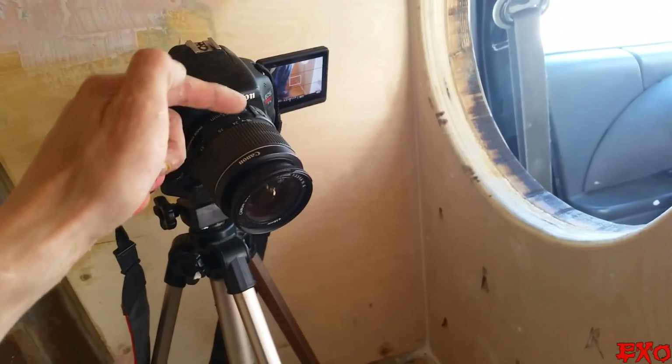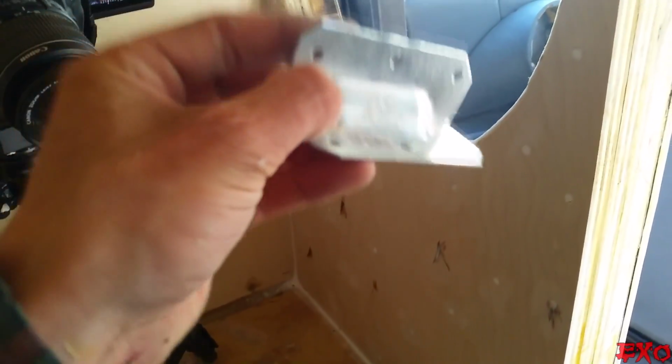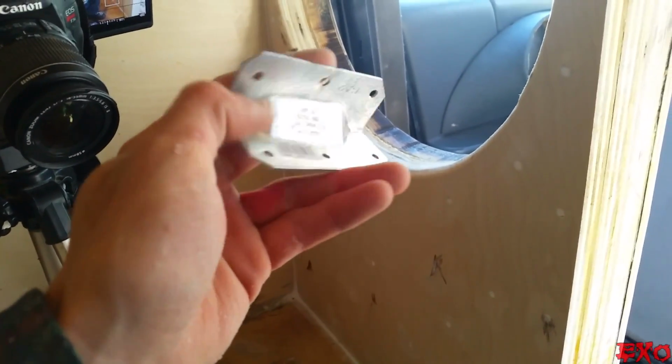Let's go ahead and try to do a little rebate here. Set the camera up. Let's take it nice and slow and attach our little brackets. We have the 1/2 inch gussets or 3/4 inch gussets for extra strength instead of just the flat elbow. 4 on the bottom on each side, 2 on the top here, plus a small one in the middle, 2 on the side here, and then as many as we can get on the side,